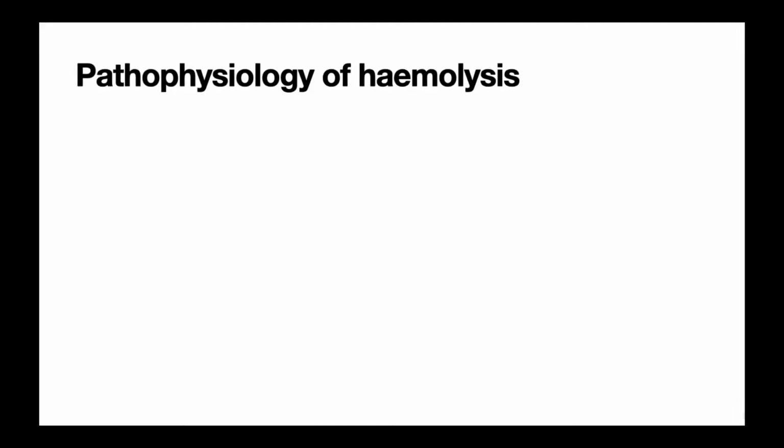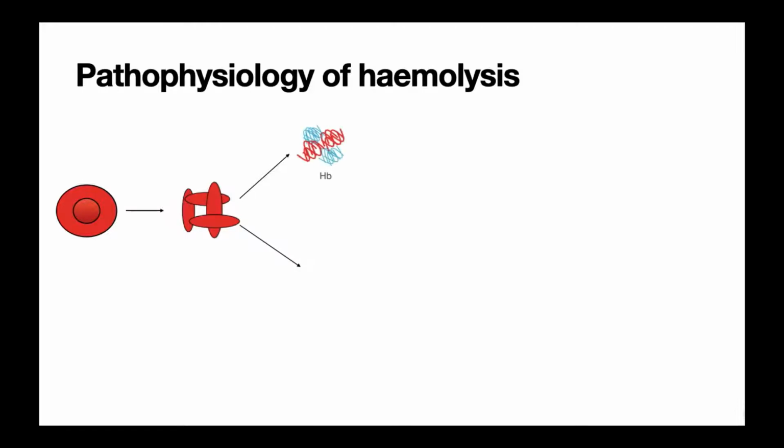why he might have presented with them. So here we have our trusty red blood cell, and unfortunately, for some reason, it's gone through hemolysis, and this can be any of the reasons that we discussed when looking at our classification method. Now, what will happen? Well, when the red blood cell undergoes hemolysis, it will release a number of substances alongside